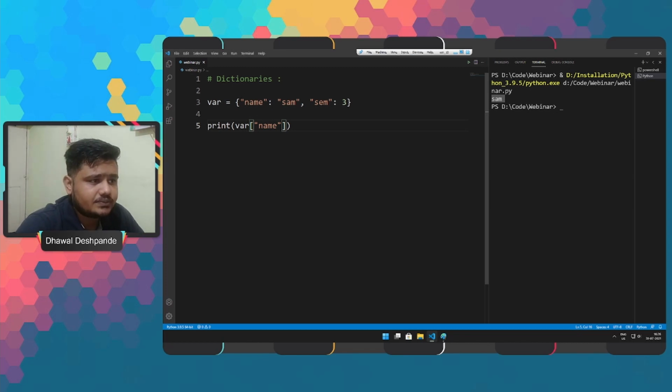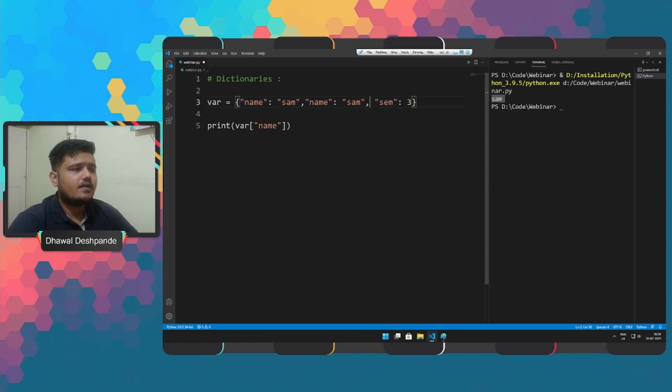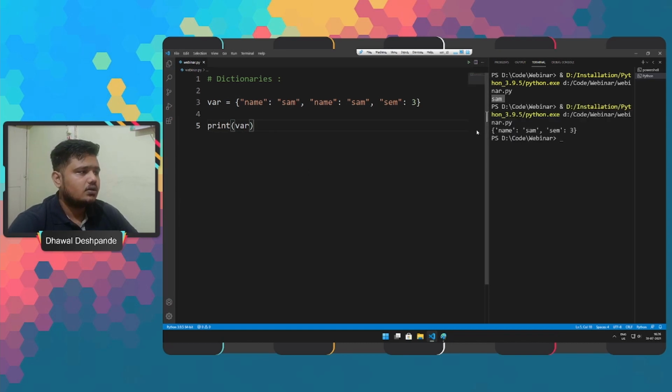That means if we copy this and paste here, we have two different key value pairs for name, right? So when we go ahead and print the dictionary here, we can see that only one of the key value pairs has been displayed. This shows that we cannot keep duplicate data in dictionary.